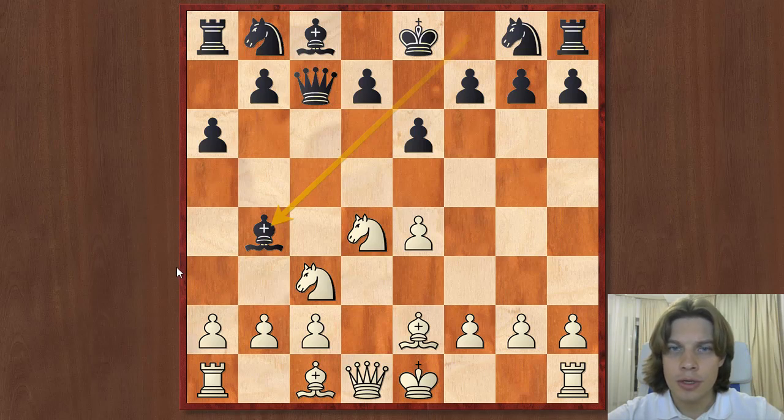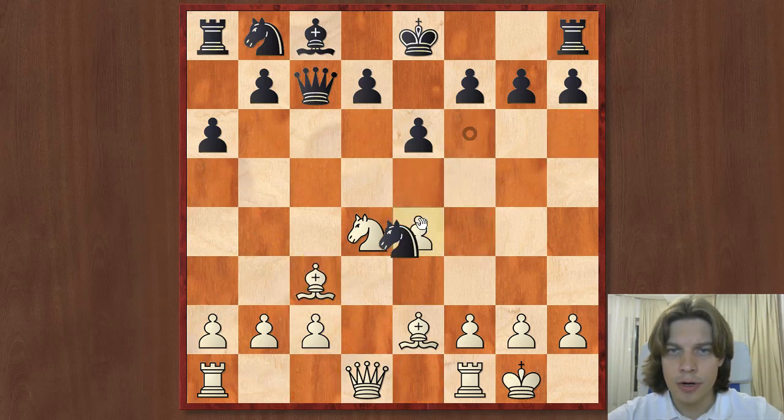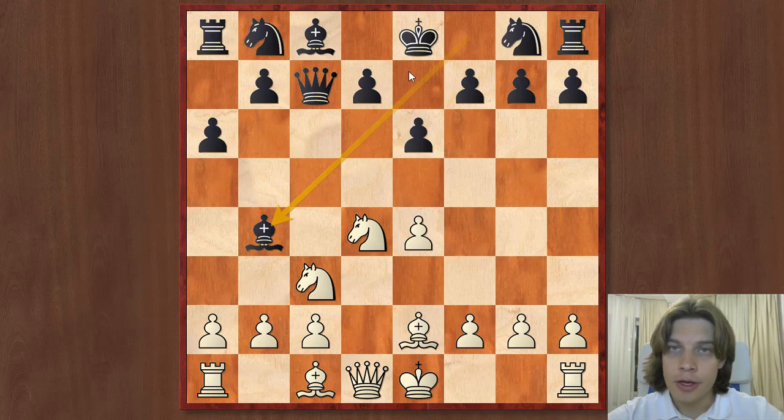For example, actually in the variation that happened in the game, here knight f6 and castle, bishop c3, bishop takes on c3 and knight e4. Even in this position, white has compensation. But at the same time, bishop b4 is a dangerous move, and if white doesn't know how to play, it can give some small advantage to the side who knows the